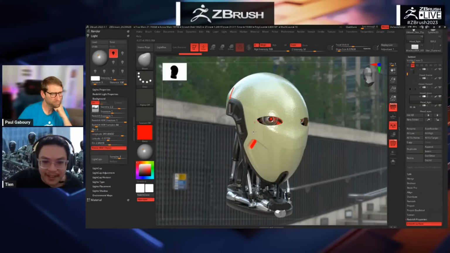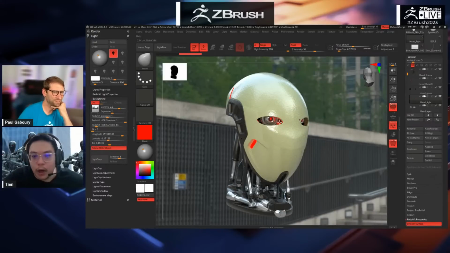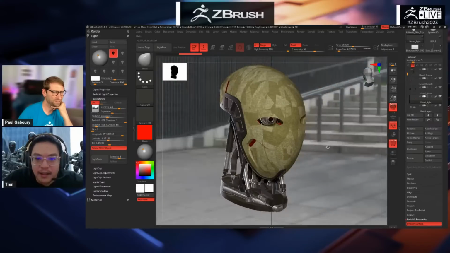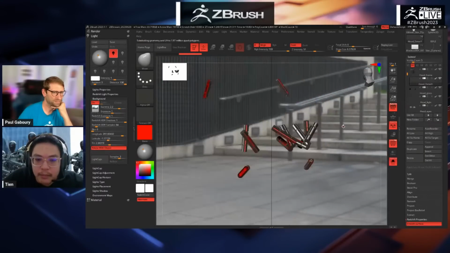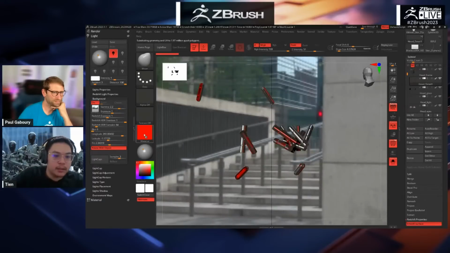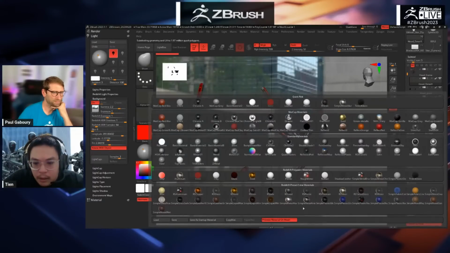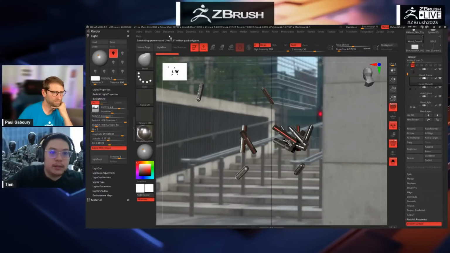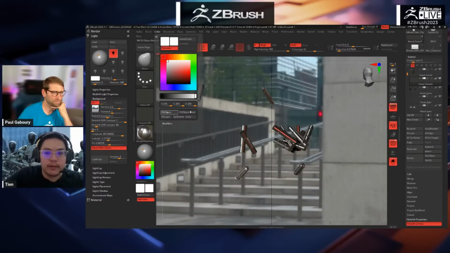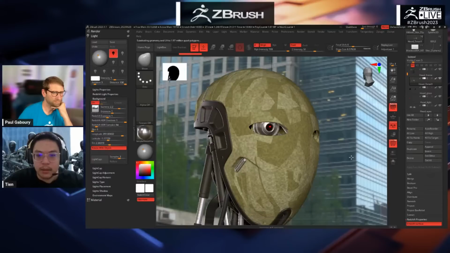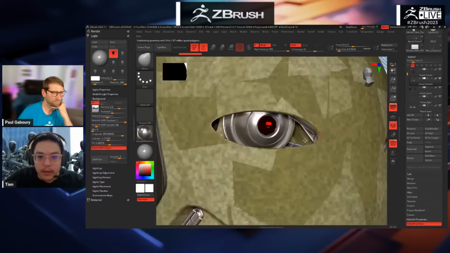Oh, it's also on the inside mesh. Yeah. Okay, so let's fix that. Let's assign aluminum maybe. Yeah, fill object. Let's do that again. So if you look at the eyes, I really like